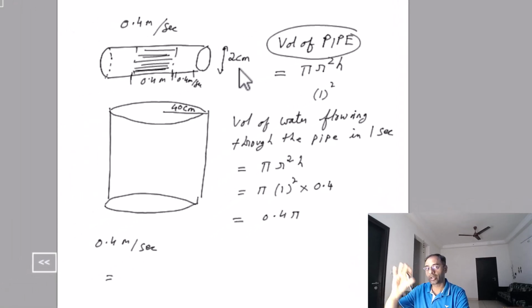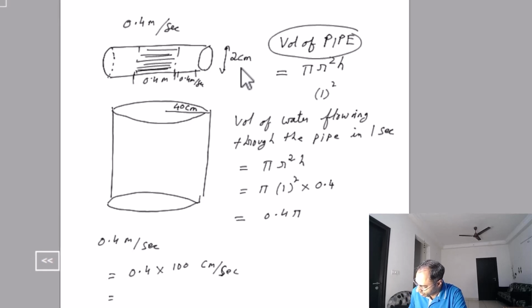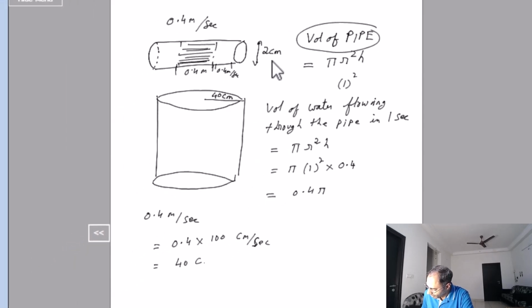So we have to convert everything into one single unit. So here we have to convert 0.4 meters into centimeters. And how do we do that? 0.4 into 100, right? 1 meter equals 100 centimeters. So 0.4 into 100 centimeter per second,